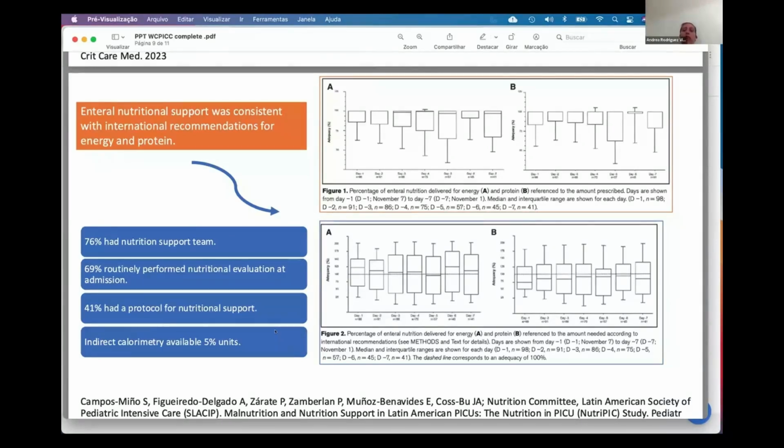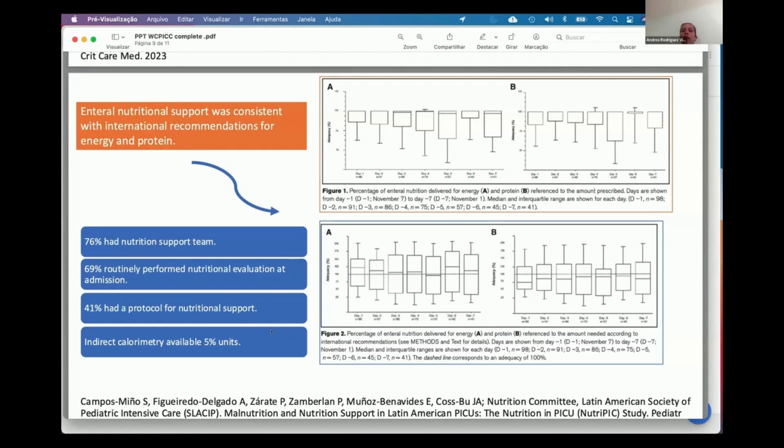That is the one that is preferred to initiate the energy supply in our PICUs. There are two figures. The first one shows the prescription for energy and protein, the one that was indicated and the one that was received by the patient. What was indicated, the patient could receive. But in the second one, that shows the percentage of enteral nutrition delivered by energy and proteins, we have to say that